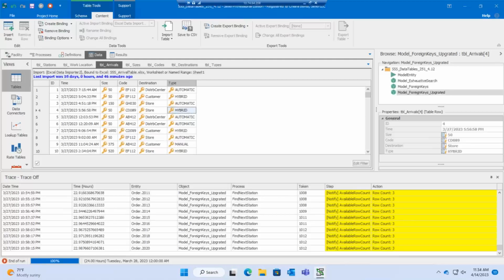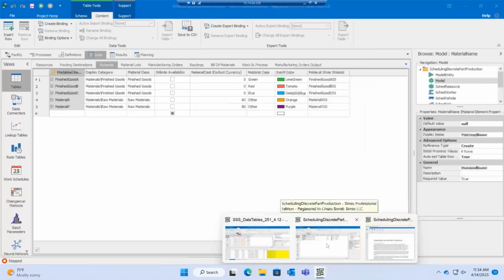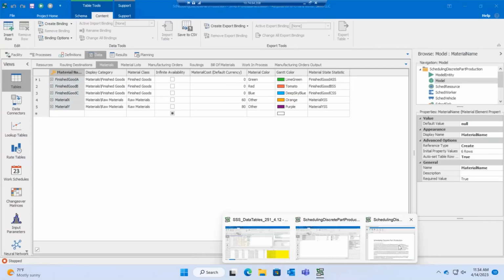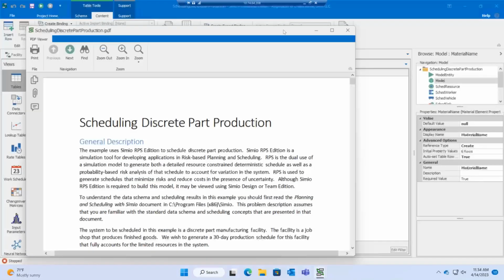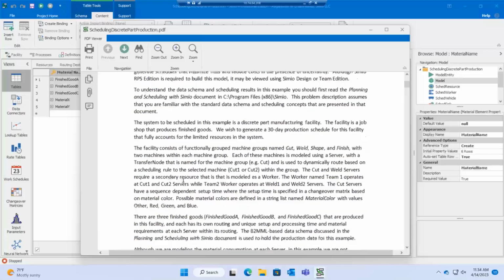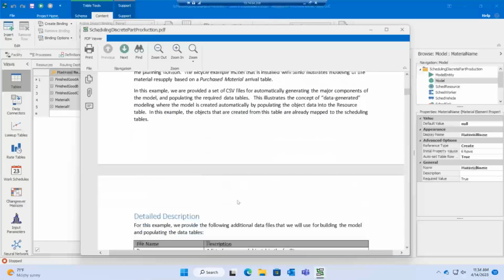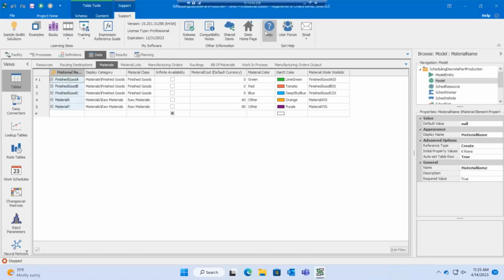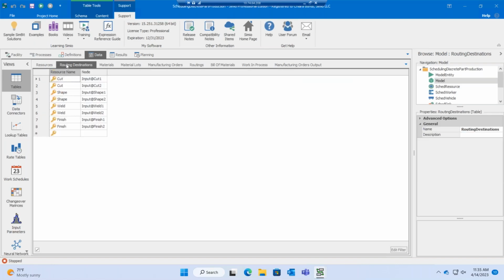And if you want to dive into the use of these foreign keys and how to build these relational tables, we have this discrete pair production model, and this comes with a really useful PDF describing it and a lot of its different properties and functionality. As well, in our help guide and support, we have a lot of other information on relational tables. But this is a great template to really see